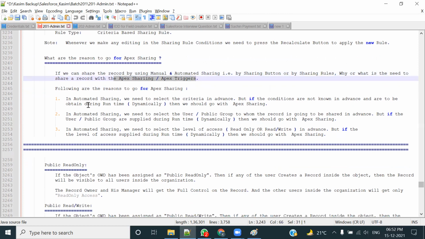देखिए, ऑटोमेटिक शेयरिंग में जैसे कि मैंने अभी कहा कि तीन चीजें पहले से पता होना चाहिए। We need to select the criteria in advance. What is the criteria to share the record, you should know this in advance. So if we know the conditions, if we know what is the criteria, we could go with the automatic sharing. लेकिन अगर हमें कंडीशंस पहले से नहीं पता हैं, but if the conditions are not known in advance, rather they are obtained at run time. रन टाइम मतलब डायनामिकली यूजर एंटर करके दे रहा है, रन टाइम में पता चलेगा, पहले से नहीं पता है।